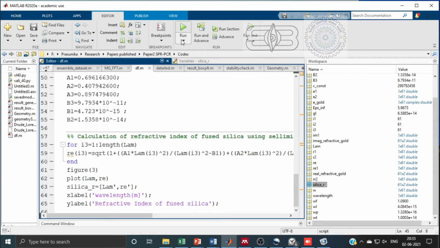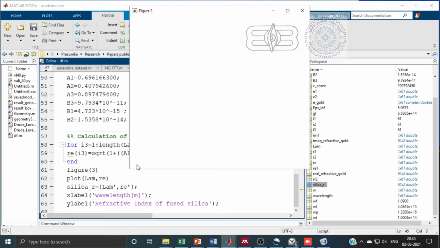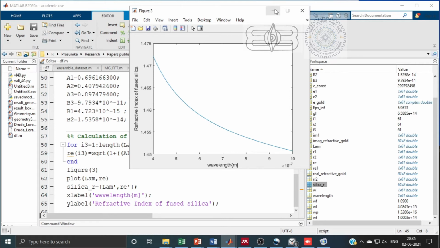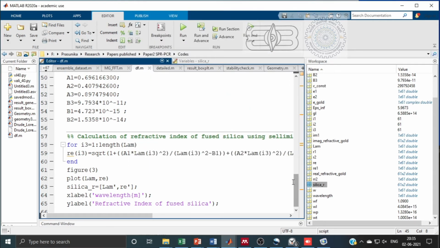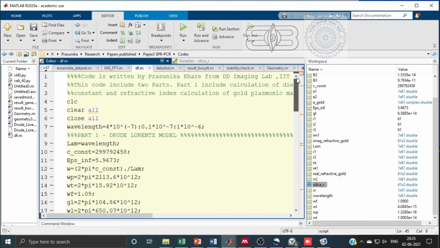Similarly we will again go to the MATLAB window, and since we are adding gold, we will use the Drude-Lorentz model for the permittivity and refractive index.